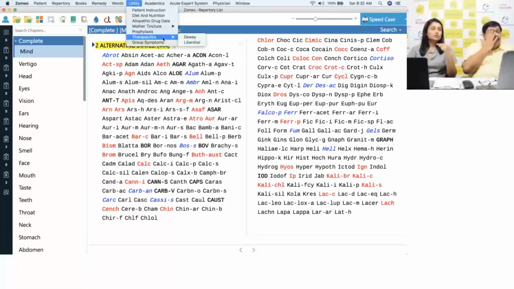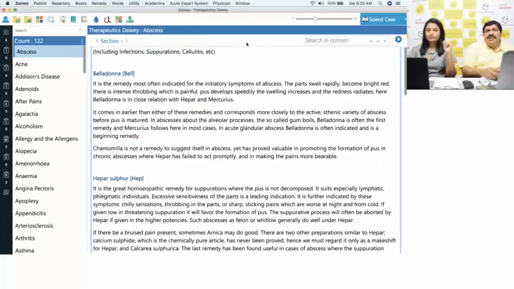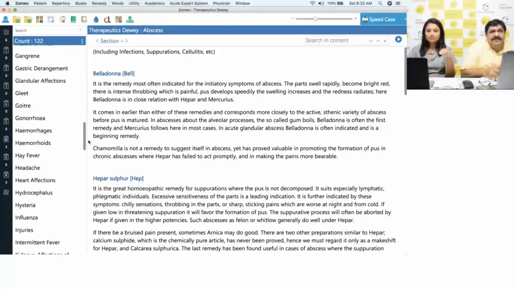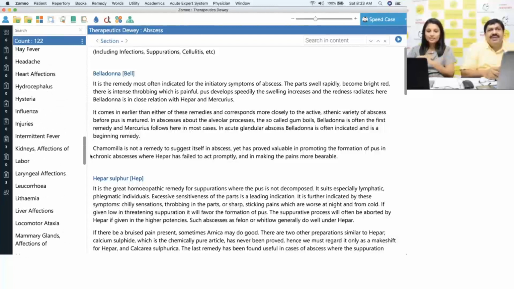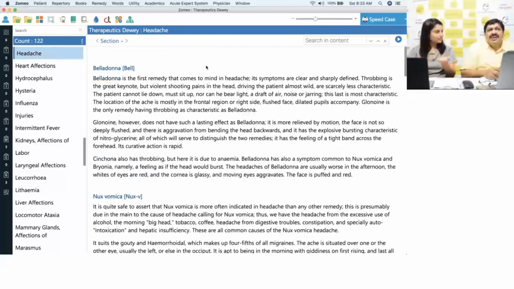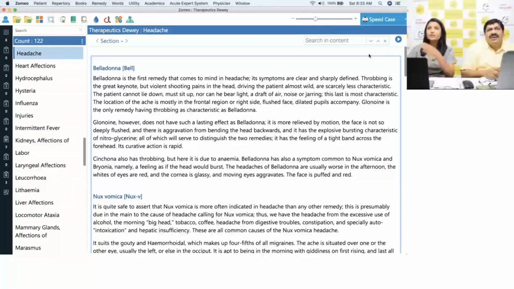And we have 2 books in therapeutics, Dewey and Lilienthal. So can we click on say Dewey? Okay, so on the left, I am seeing a lot of clinical conditions, and on the right hand side, whatever clinical condition I select, I can see the differential notes of the remedies. So if I want to look for something like headache, now here on the right hand side, I see a list of the most prominent remedies for headache